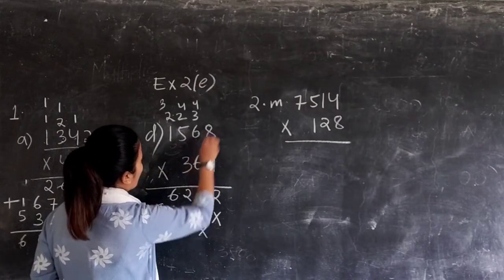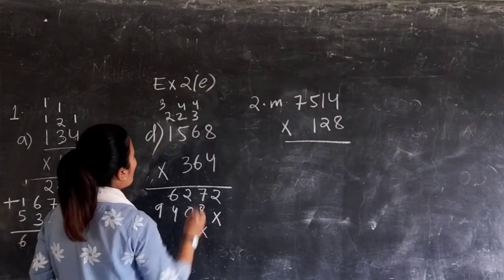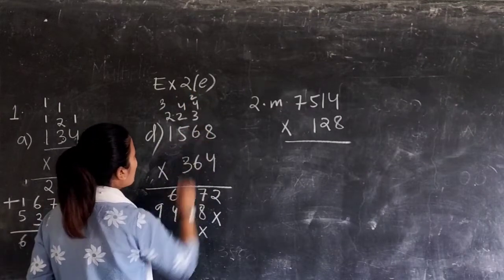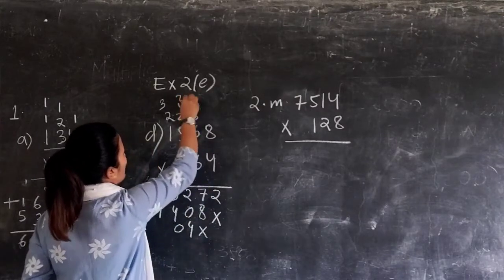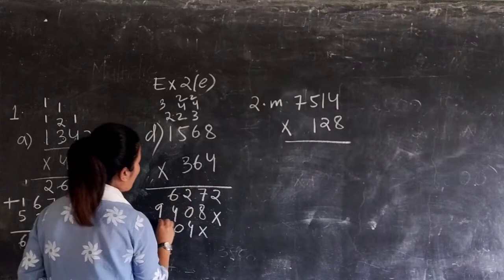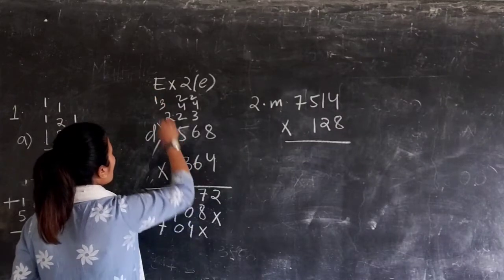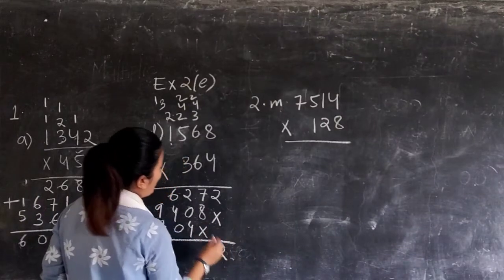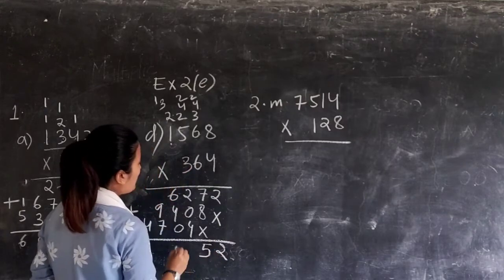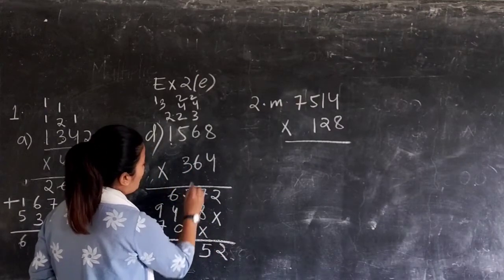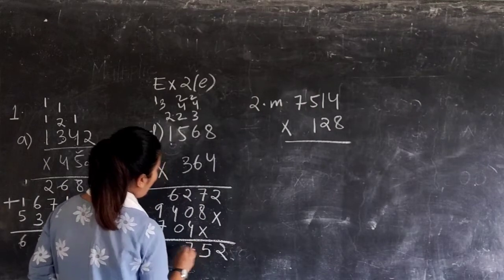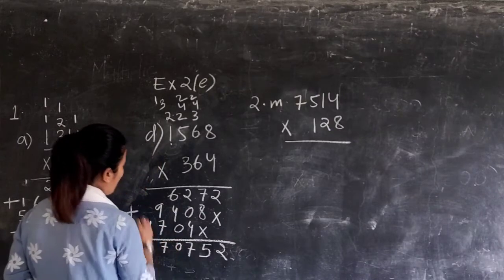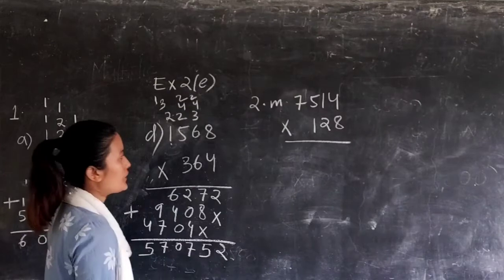Now next number 8 3s are 24. So you will give 2 here, 6 6 are 3 6 are 18, 19 20. So 2 here, 5 3s are 15, 16 17. So 1 here, 3 1s are 3 plus 1 4. Now again add 2. 15, 8 plus 7, 15 plus 1 you will give it here. So 2 plus 1, 3 plus 4, 7, 6 plus 4, 10. So 1 here, 10 plus 7, 17. So 1 here, 4 plus 1, 5. So this would be your answer.